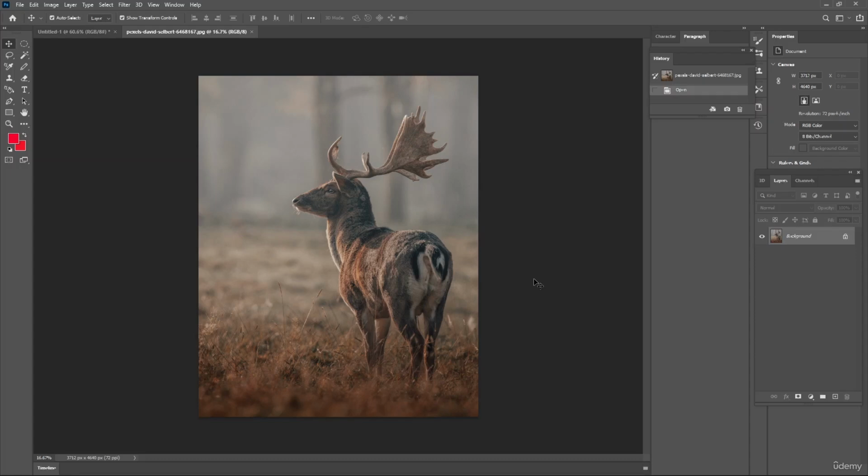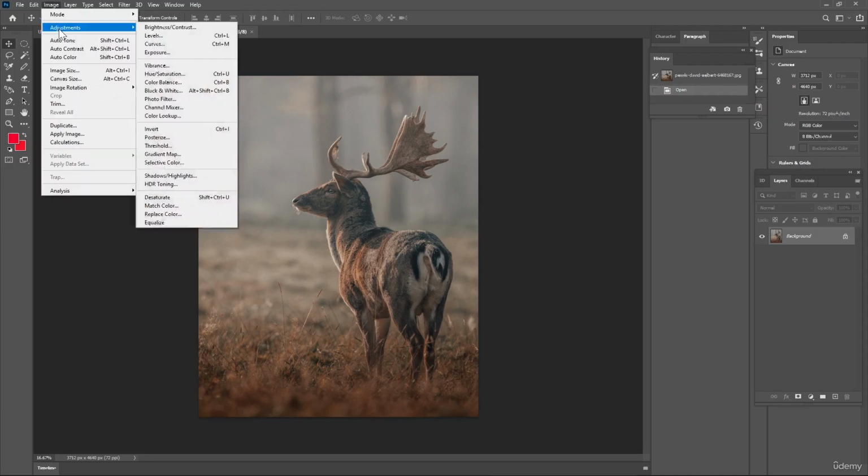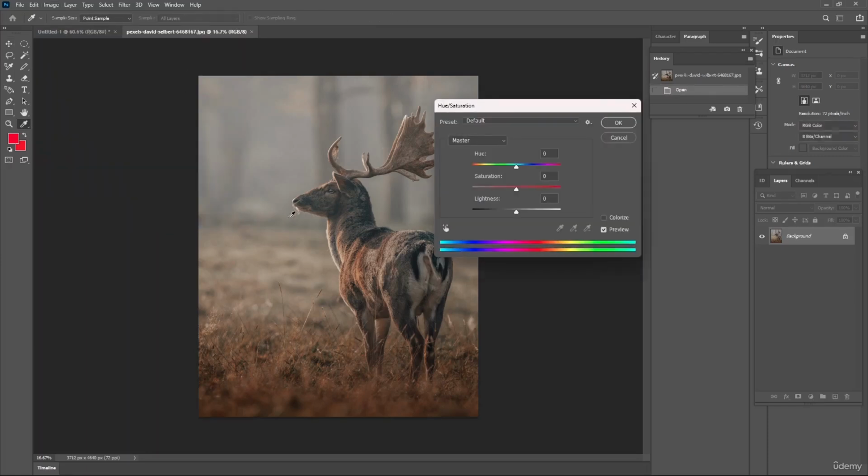To begin, we will use the hue and saturation adjustment layer. You can find this under the image menu. Before that, we are going to use this image. So go to Image, use Adjustments, and from there you can find Hue and Saturation. So click over here, and this tool gives you the ability to change specific color hues within your